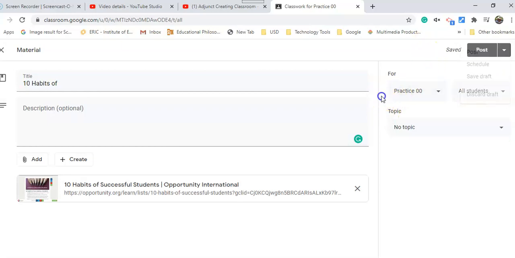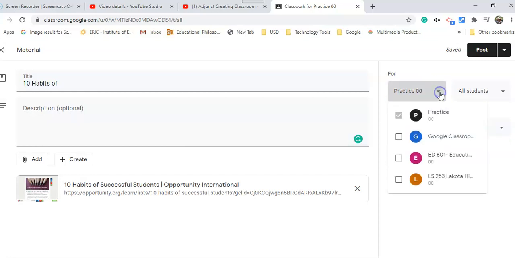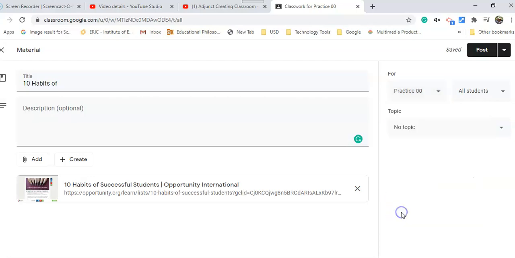Now notice this over here. It says for where. This is the name of my class, and your class will appear here also. Now, if you're teaching more than one class, you can also post that to them by selecting whatever class that you would want it to go to. So it's kind of a time saver for you, so you don't have to go to each of those classes